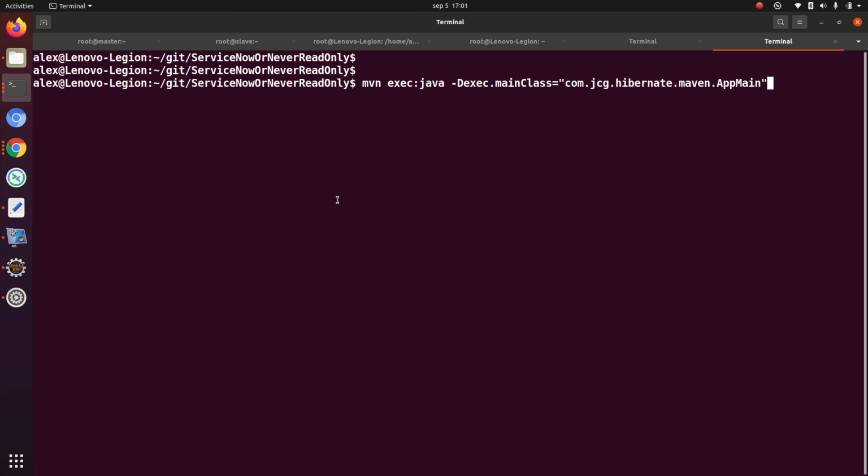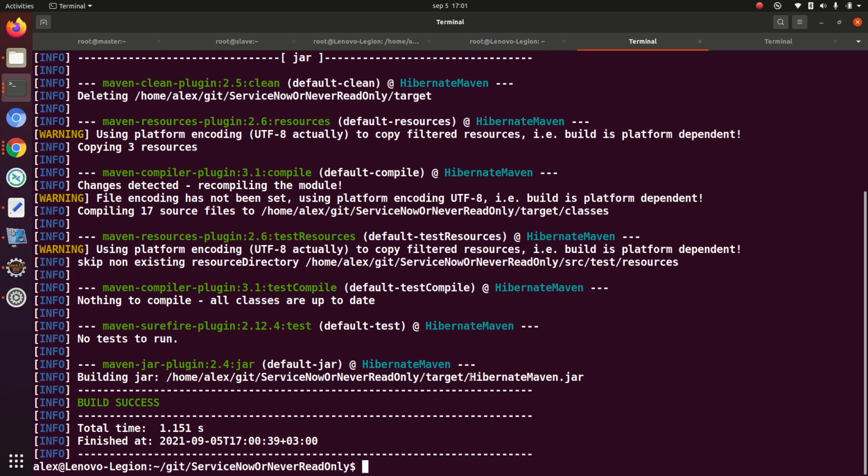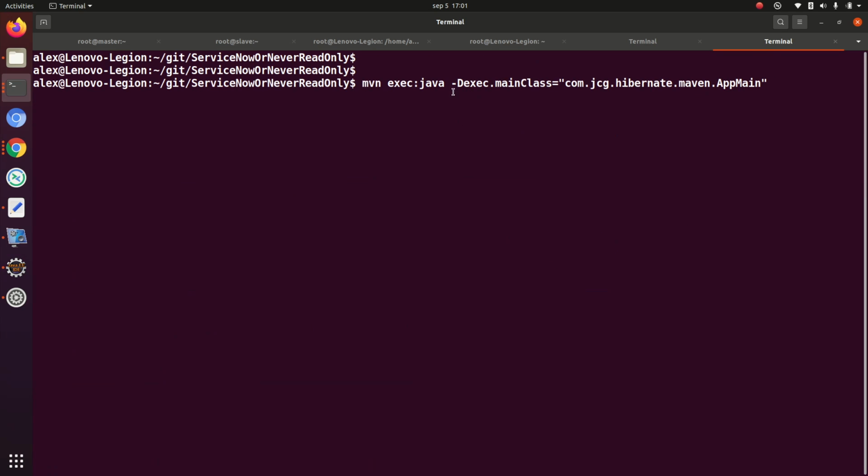After the project was packaged into a jar file, in order to execute the appmine function from the jar file, this is the way, from the same folder, of course, where the project was built, where the jar file was created, in the same location. I'm executing